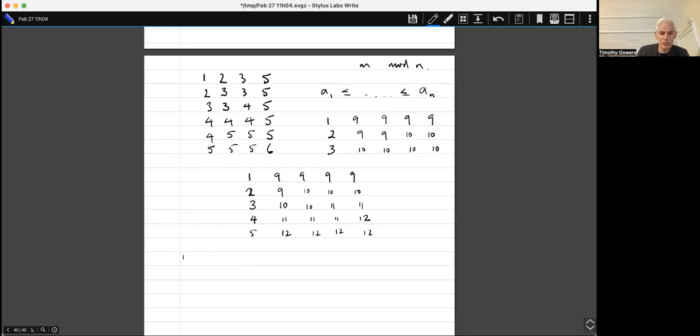Because m is going to be less than n. If it's not less than n, then nothing is very interesting. But if m is less than n, then if I've got the minimum here, a1, and over here I've got a2 up to an, I can just add 1 to a1 quite a large number of times until I get a1 plus r. And all I have to do over here